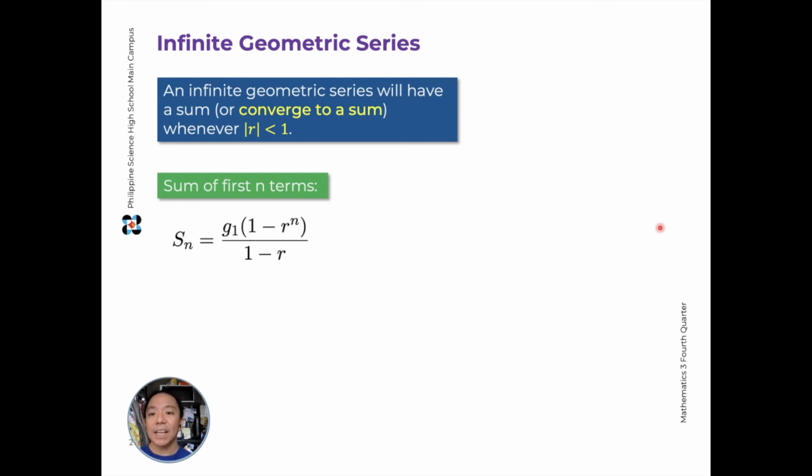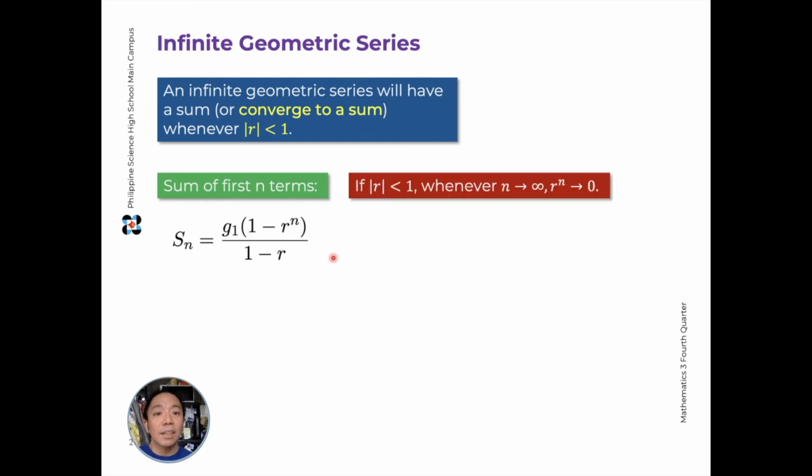Ito yung kanina, s sub n is equal to the first term times 1 minus r raised to n over 1 minus r. And since our r is already not equal to 1, hindi na natin isa-specify dito na r is not equal to 1. Ngayon, kung yung common ratio natin ay mas maliit sa 1 at nire-raise mo siya ng nire-raise to higher and higher powers, at infinite to. So essentially, ang last term mo ay the infiniteenth term. Walang ganun. But it's like n is equal to infinity, or papalapitin mo na papalapitin si n sa infinity, then,